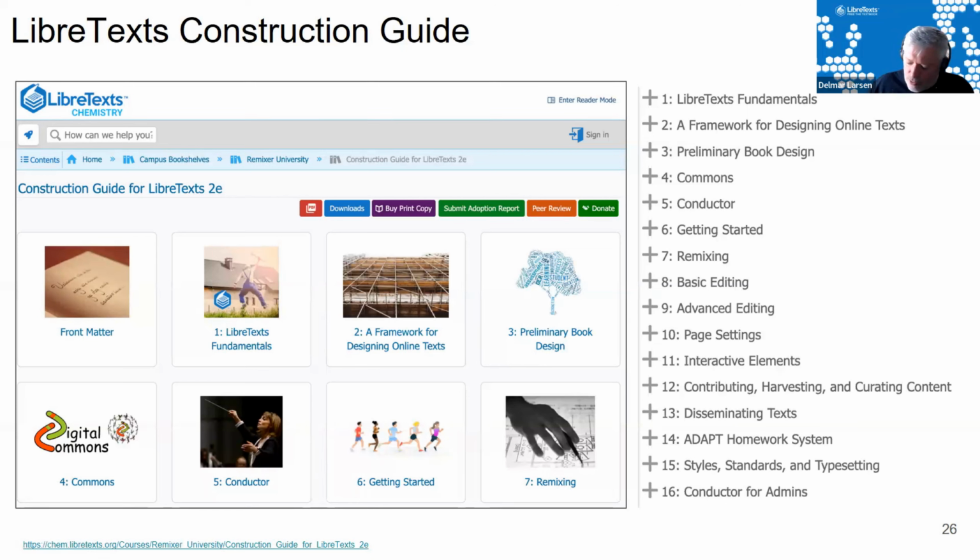At this point, I should also mention that the LibreVerse can be very daunting. I gave you this Launchpad. It has lots of applications, lots of libraries. It's really easy to get lost in this morass of everything the LibreVerse provides. The key point I would emphasize is that it's not necessary to master everything in the LibreVerse.